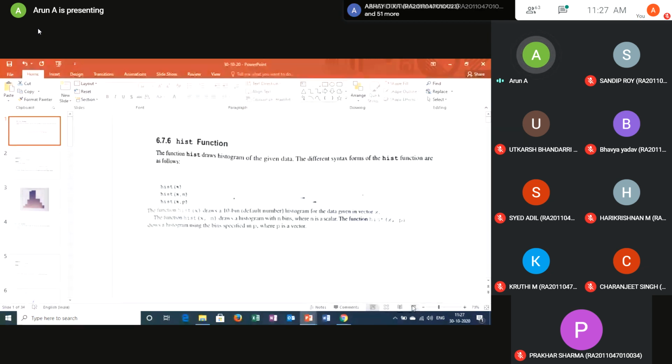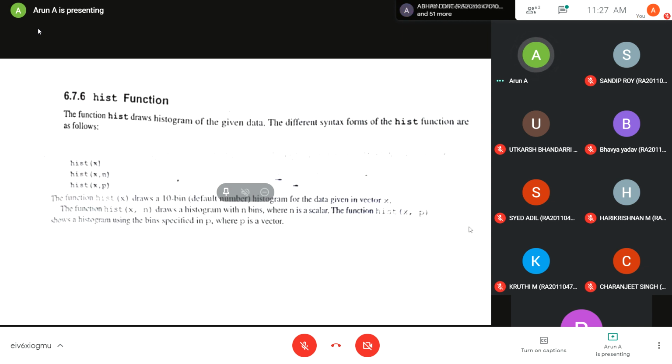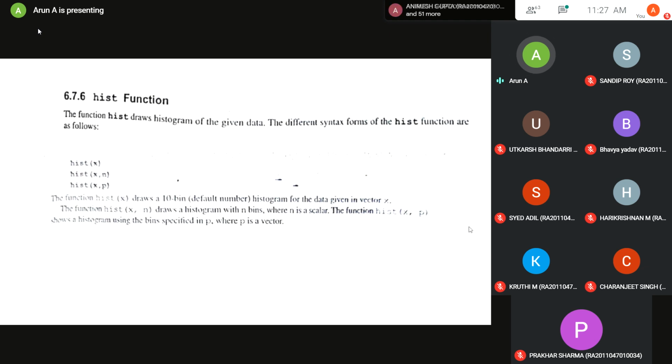Today we are going to start with a function called HIST. If you see the name, it is there in the name itself. HIST stands for histogram. We have seen a bar graph and polar plots, so many types of graph, and MATLAB is not limited to certain things. It still branches out, and it can develop a histogram function for the given data. That is called the HIST function. HIST is for denoting histogram.